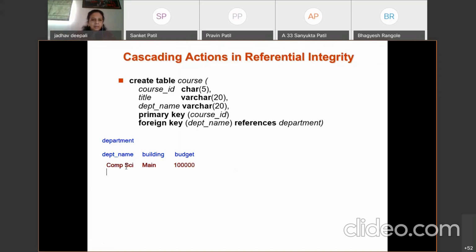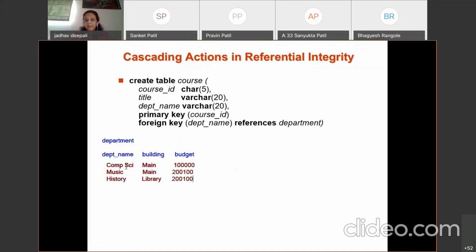Another department I use here, music, building name, and budget. Another, history. Suppose I use building library, budget, something.